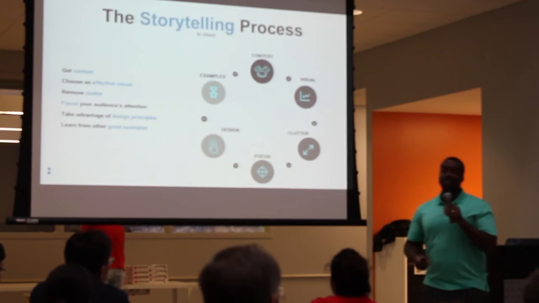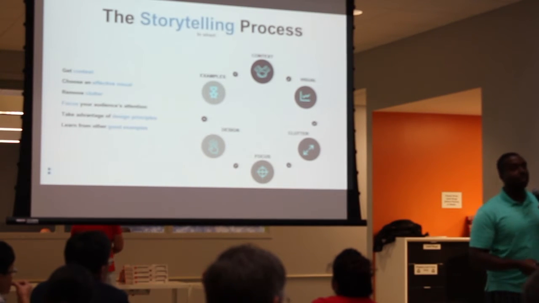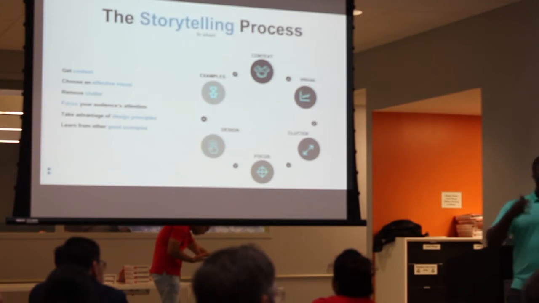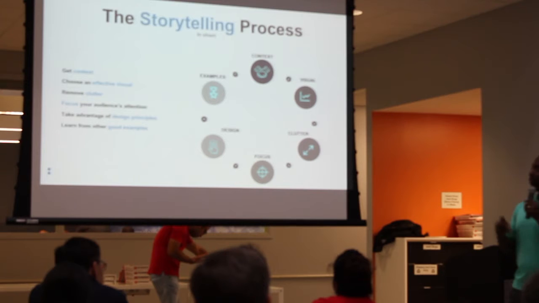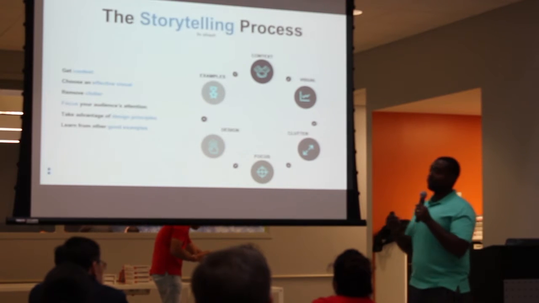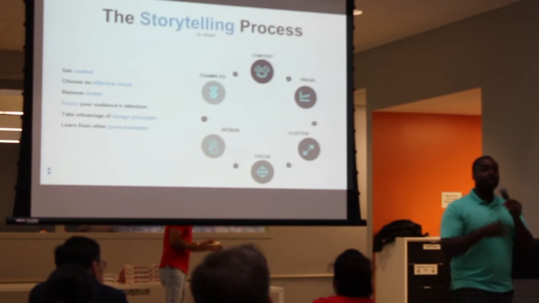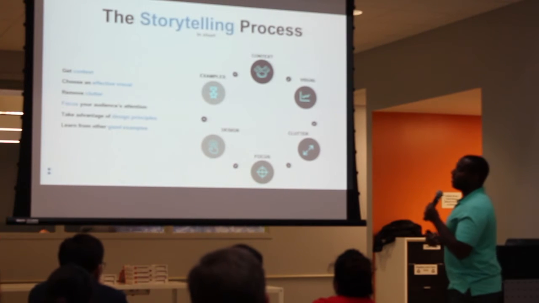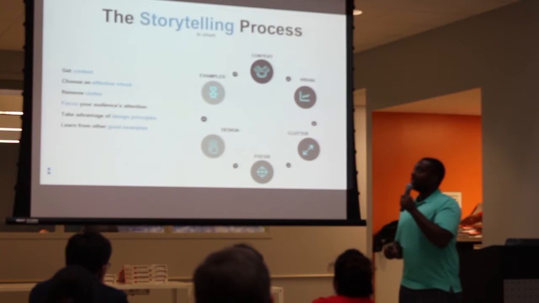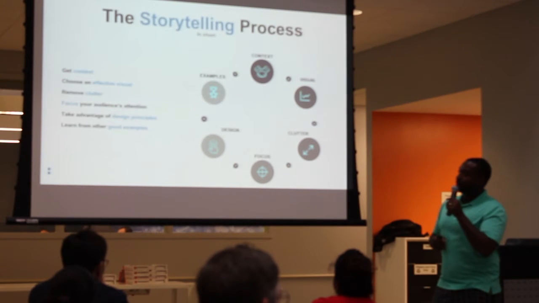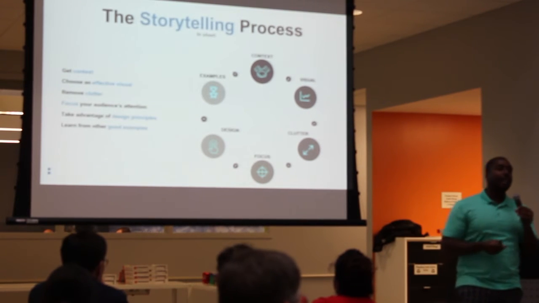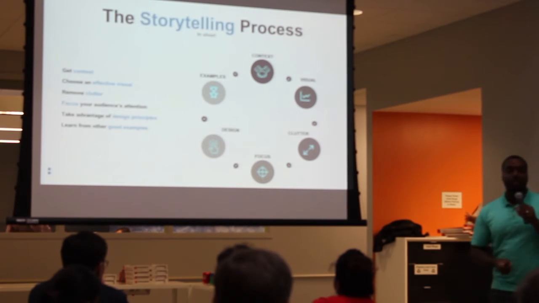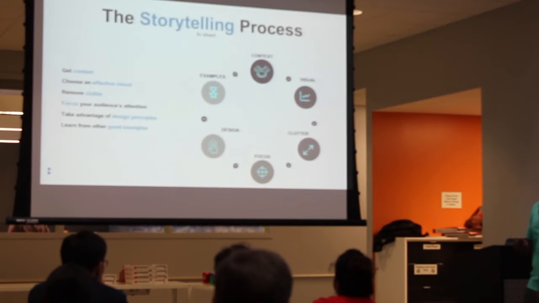And then focusing your audience's attention. This part is kind of interesting because it brings in scientific research from psychology to figure out how people think, how people see, how they perceive. If you understand how your audience perceives, you can more easily direct their attention. We talk about pre-attentive attributes and things in cognition that you can use. And then we talk about some principles of design as well. We'll learn from some examples from people with experience, and we'll talk about a few examples.